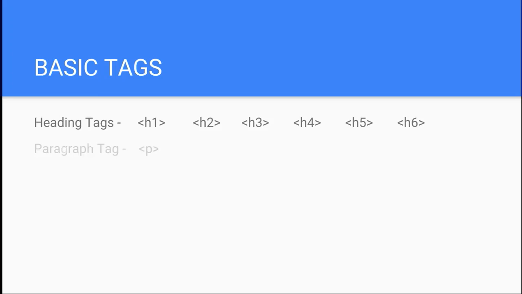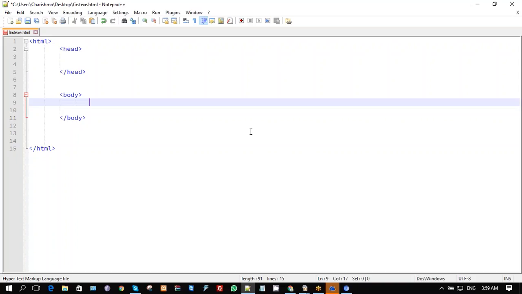So the next tag is a paragraph tag. Let us try the paragraph tag. To write the paragraph, the process is the same. The tag is P. So we open the P tag, and why don't you always make a habit to close the tag immediately, so it is easy for you, so you will never forget to close the tag. That will help you to avoid unnecessary errors. Let us close it now immediately,